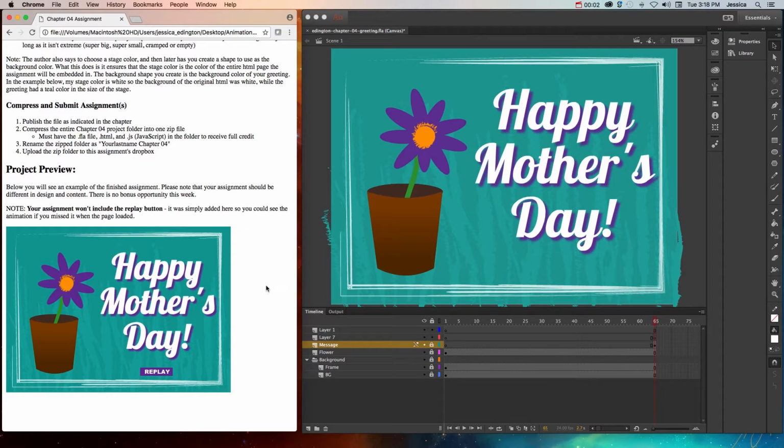For Chapter 4's assignment, you're basically going to create the exact same assignment. The only difference is that you should have changes in your design, whether that means a change in font, the change in the message, changes in the colors, in the way the flower looks, in the way the pot looks, whatever it may be. You can even get more complex and choose to do something more creative, like let's say